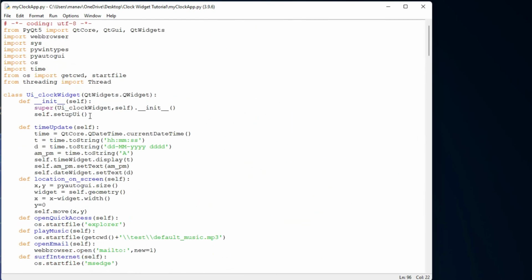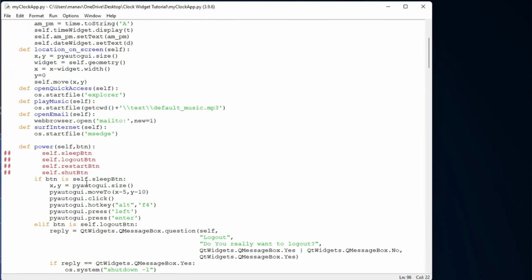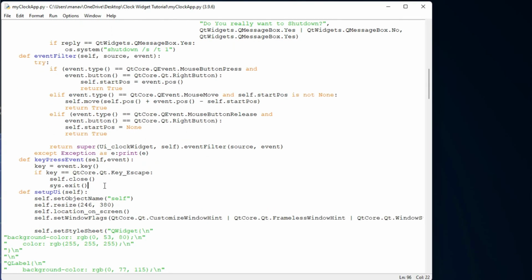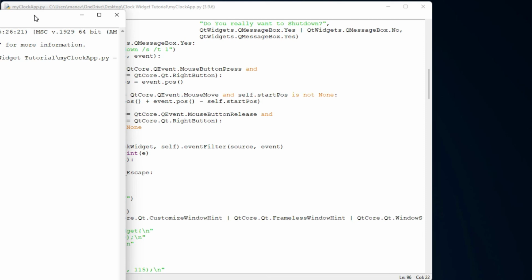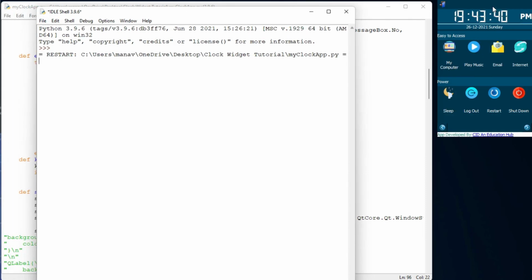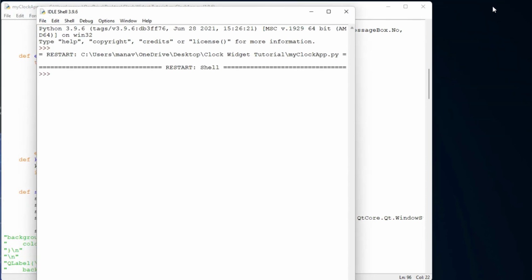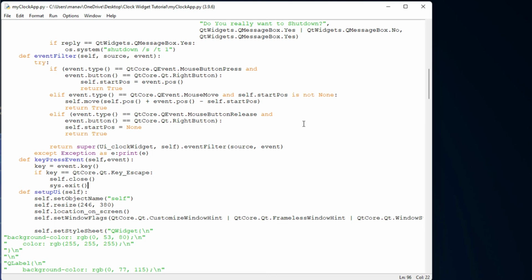Let me check that I have imported sys. Right, I have imported sys. Now let me check that it is closing the whole thing. Let me press the escape button. Escape. Now you can see that it is exiting the shell also. So it is done correctly.